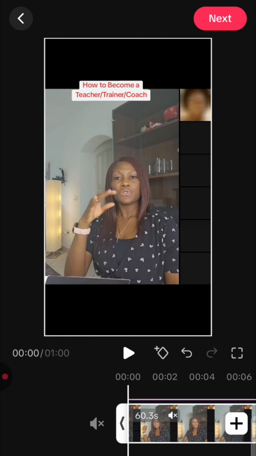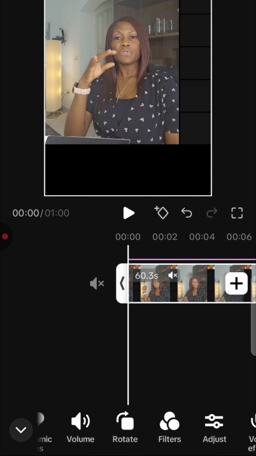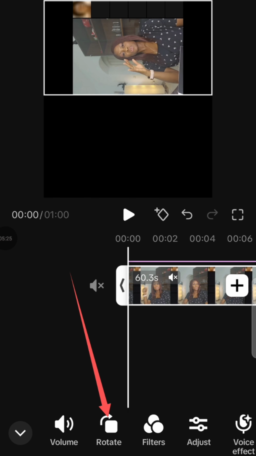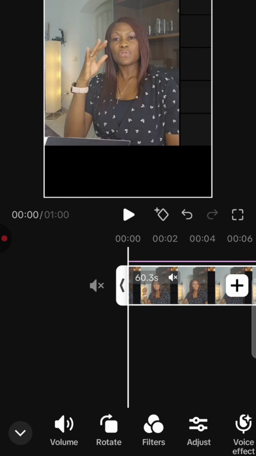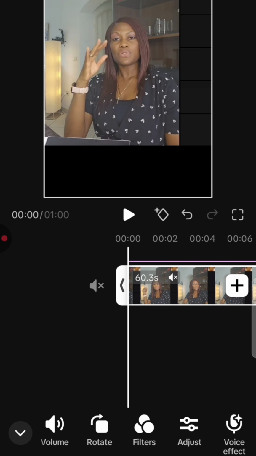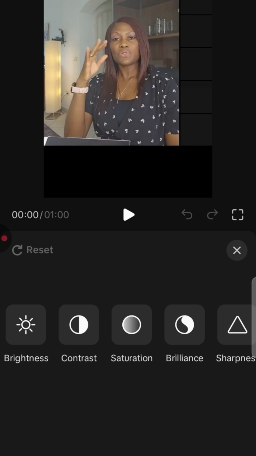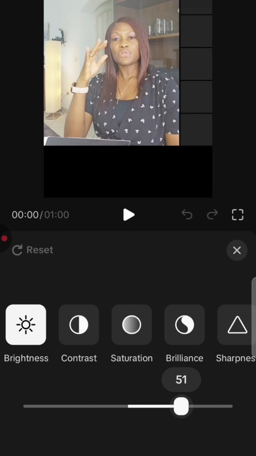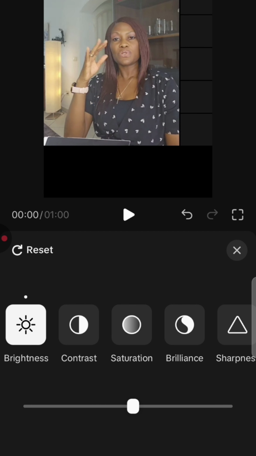Then the next thing we'll be looking at is if we want to rotate it. Here, rotate. Okay, so if you click on it, it will rotate the way you want it to rotate. You've seen it here. Now what do you use adjust for? You use it to put brightness. For example, let's say I want to brighten this place more. I just click on it and brighten it more. Have you seen it? Just leave it that way,